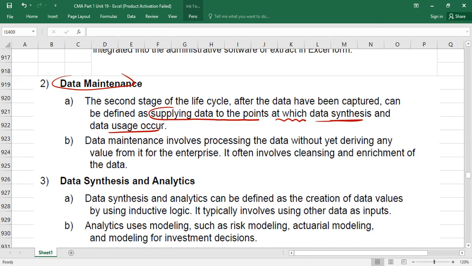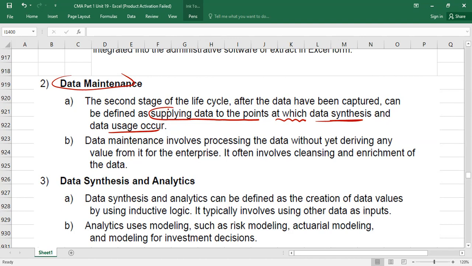For example, if I ask you, give me the receivable reports, or maybe receivable reports for bad debts, let's assume for the last 5 years. You can extract from the system over 5 years, and if I ask for any specific customer, then you will sort out that data. For that specific customer, if any information is missing, you will include it. If any information is duplicated, you will remove it. That is also called data maintenance.